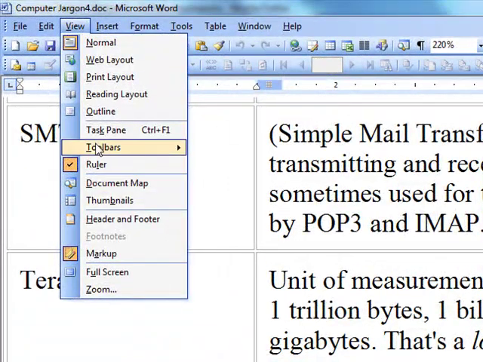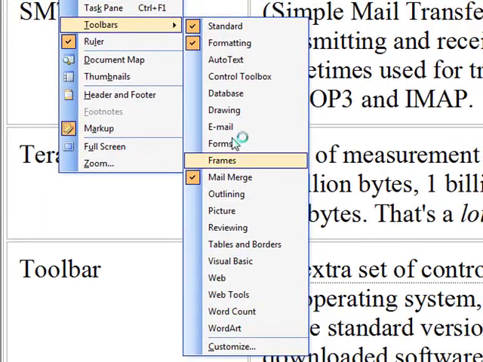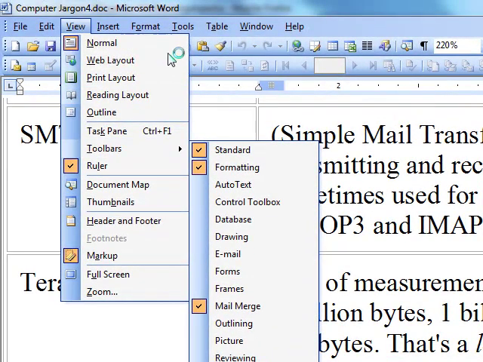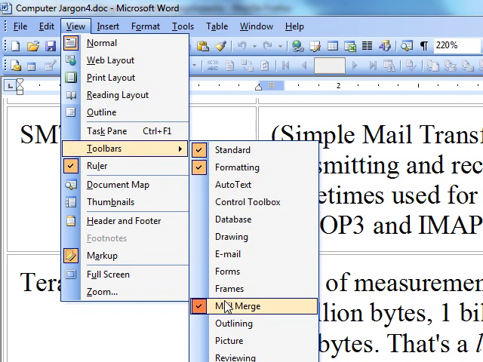If you click View and go down to Toolbars, it shows a list of all the toolbars you may have. And right now we have the standard toolbar, the formatting toolbar, and the mail merge toolbar. Let me take the check away from that mail merge toolbar, and you will see that it's the toolbar on this level that will disappear.